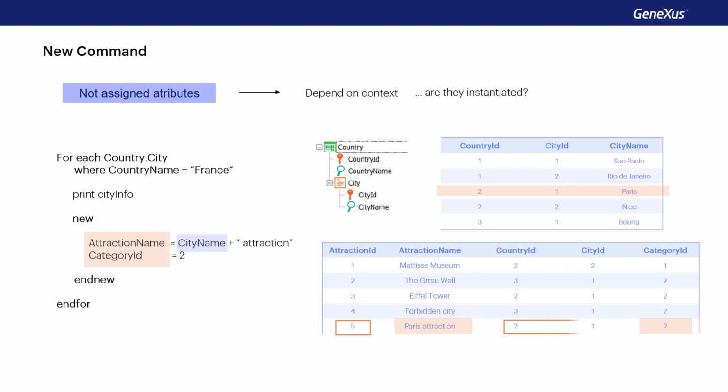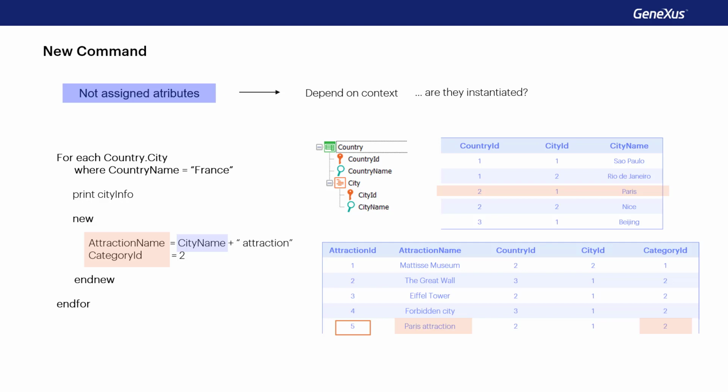Okay, but what attraction, country, and city identifier will be assigned to the record to be inserted? In this case, the only empty one will be attraction ID, which is not instantiated in the context because it isn't in the extended table of the for each. And it's not received by parameter in the attribute either, which is the other instantiation method we know.